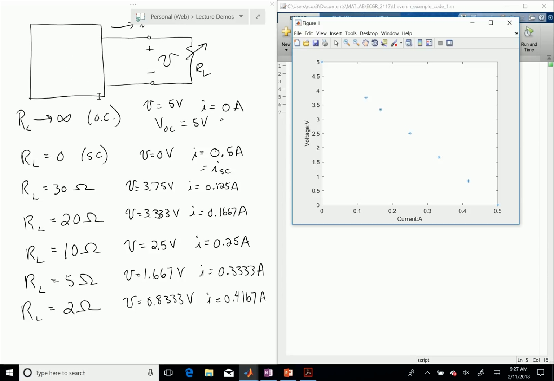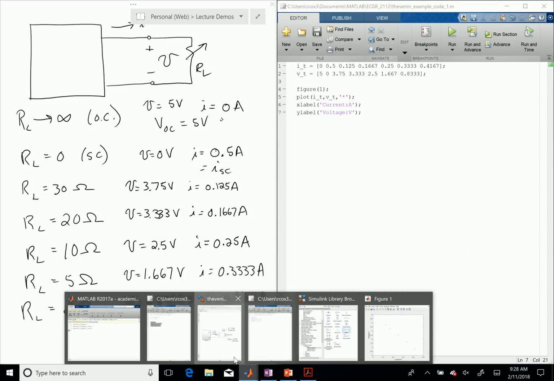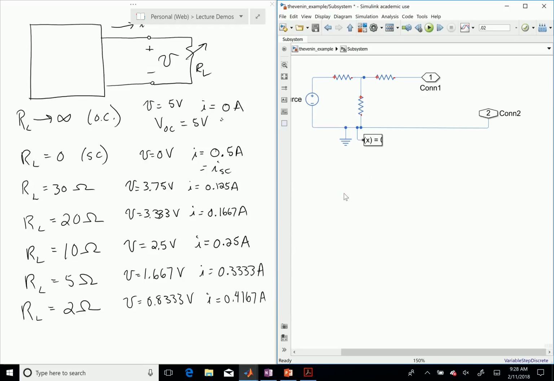Now, what I want to do is try our Thevenin equivalent idea and make a Thevenin equivalent for what's inside that box. It should completely match up with what we just did. So in this case, I'm going to have to open up my box. All right, and there we have it. That's what's inside my box. So let me